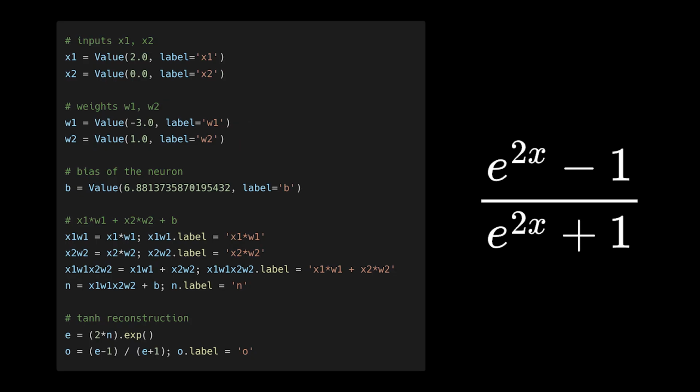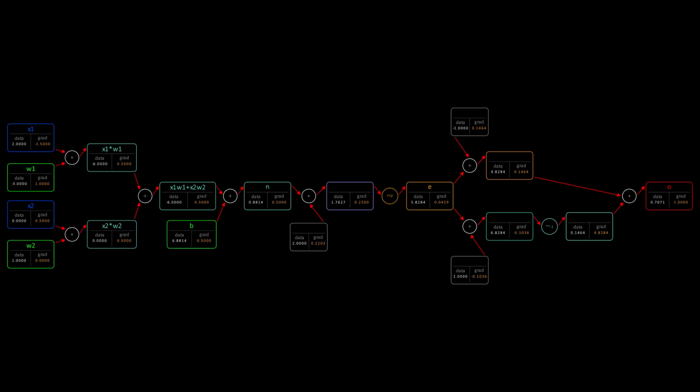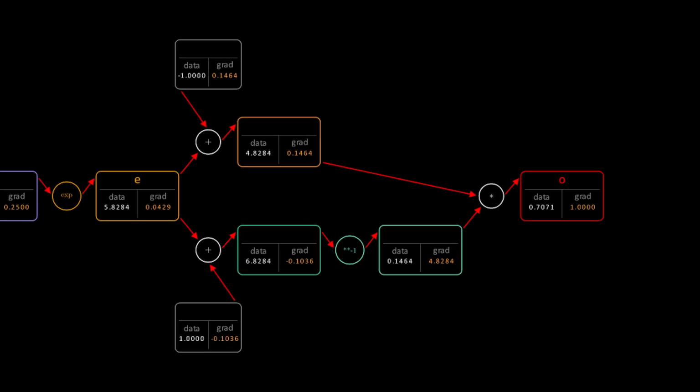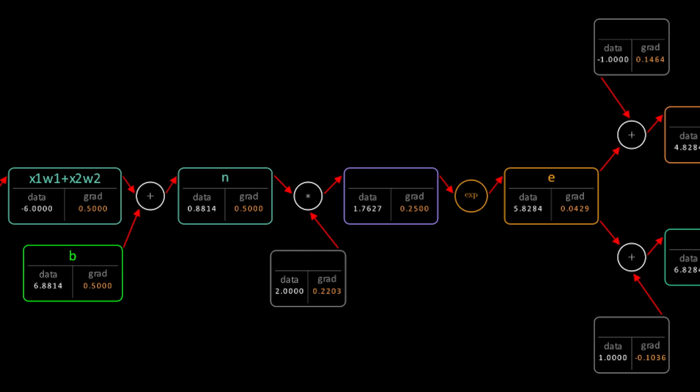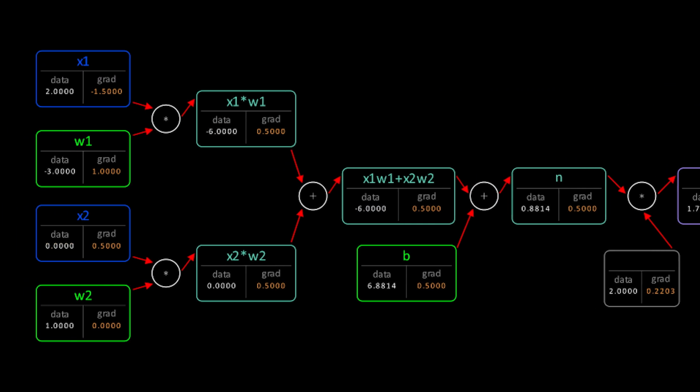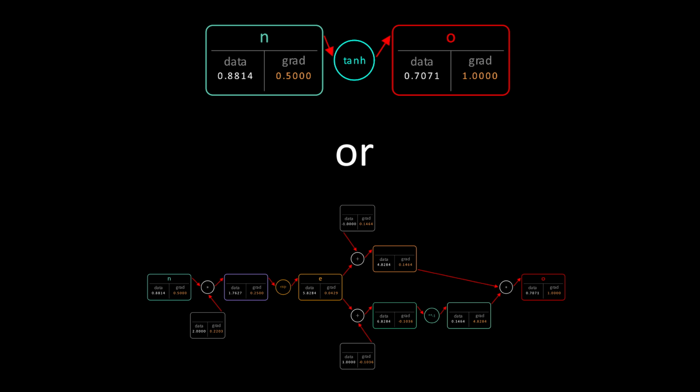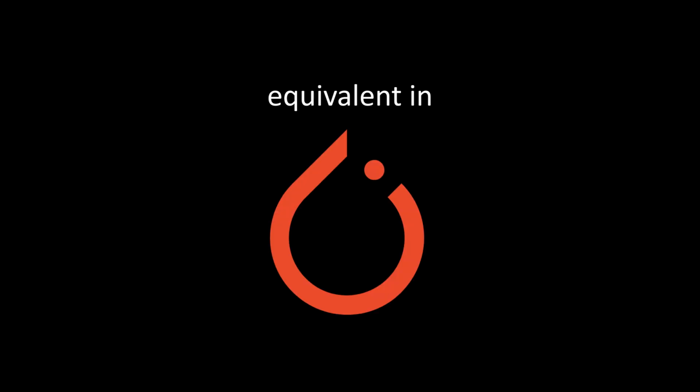Then we run backpropagation on that and draw the graph. As you can see, the graph is larger because we reconstructed the tanh. Also, the forward pass output is the same, and the gradients are exactly the same because operations are mathematically equivalent. Everything is correct. We practiced a few new operations and saw that the level of abstraction for any operation is up to you. Now we will do the exact same thing using a modern deep learning library like PyTorch, which